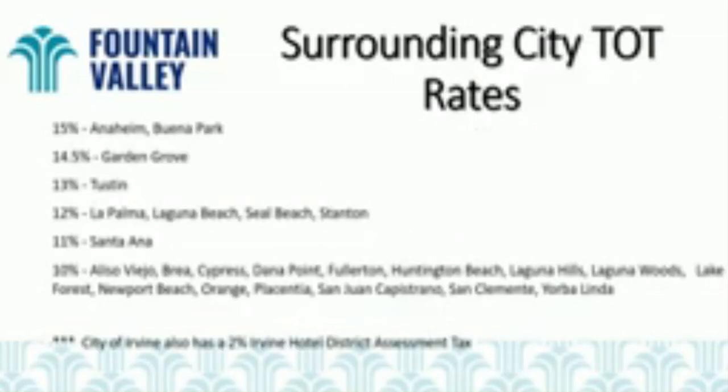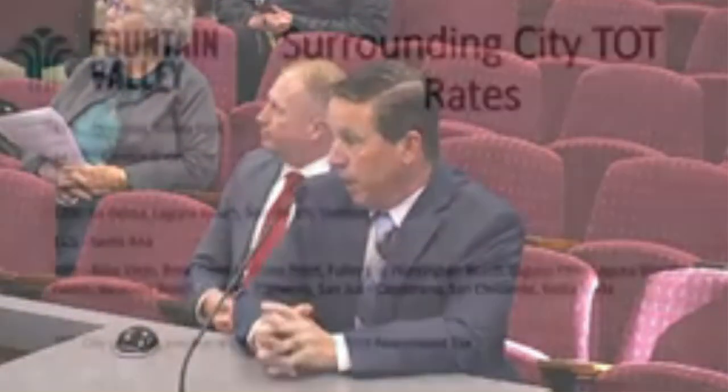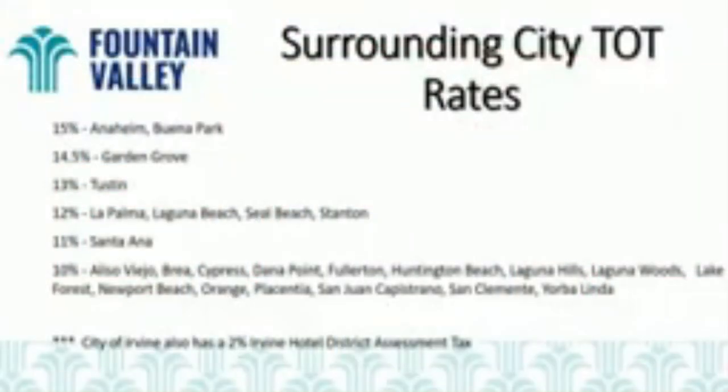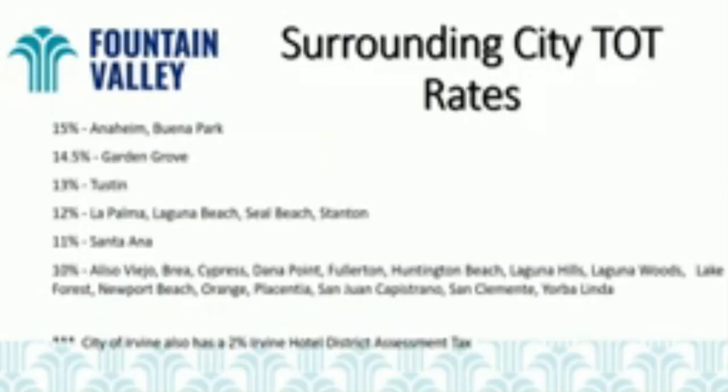And I'll let the city clerk discuss the survey of surrounding cities. Thank you, Colin. So again, recapping the percentages, you see the high percentage in the county is 15% with Anaheim, Buena Park, with the majority at 10%. City of Irvine is on the lower end. I believe they're 8%, but they do have a special 2% Irvine Hotel District assessment tax on top of their